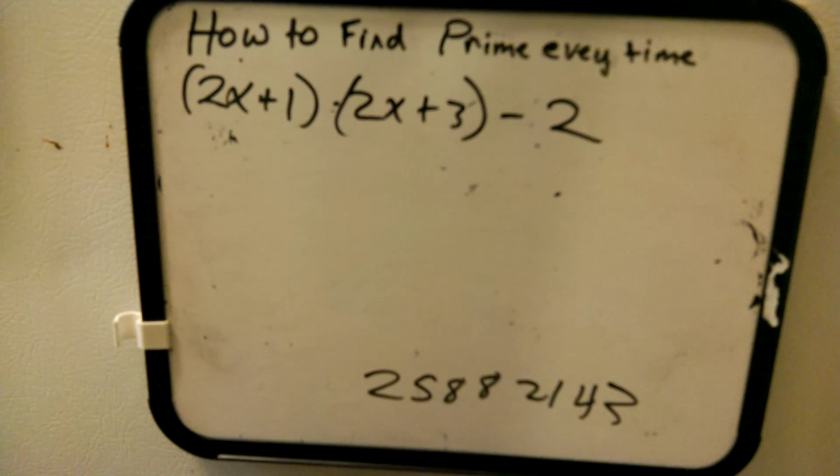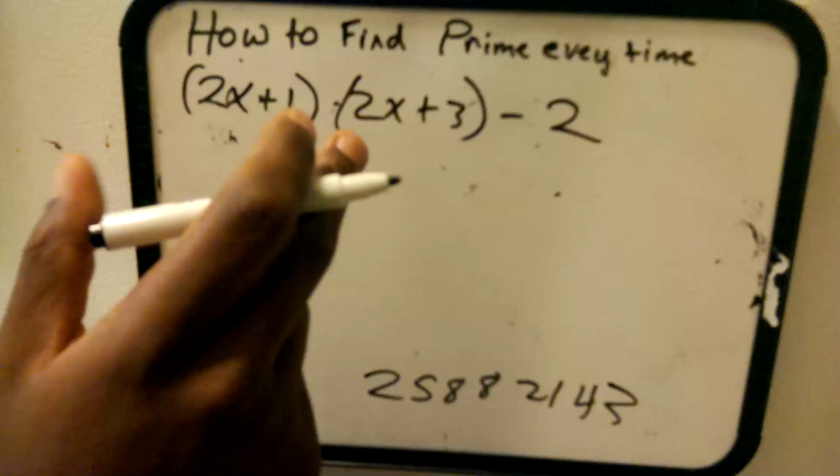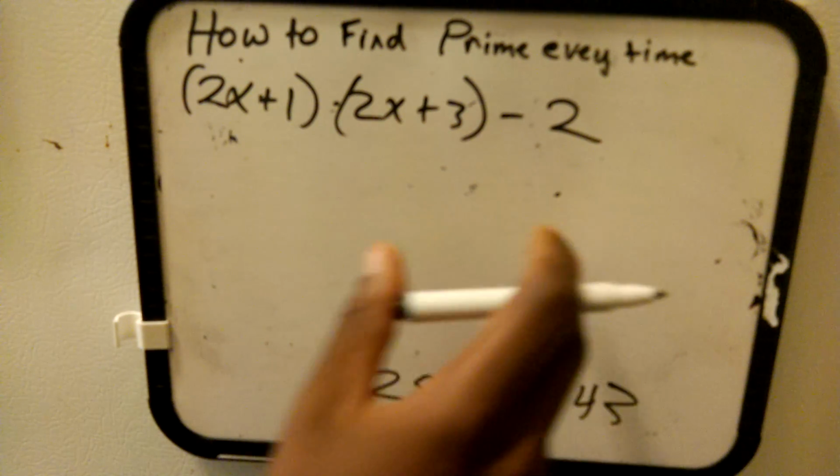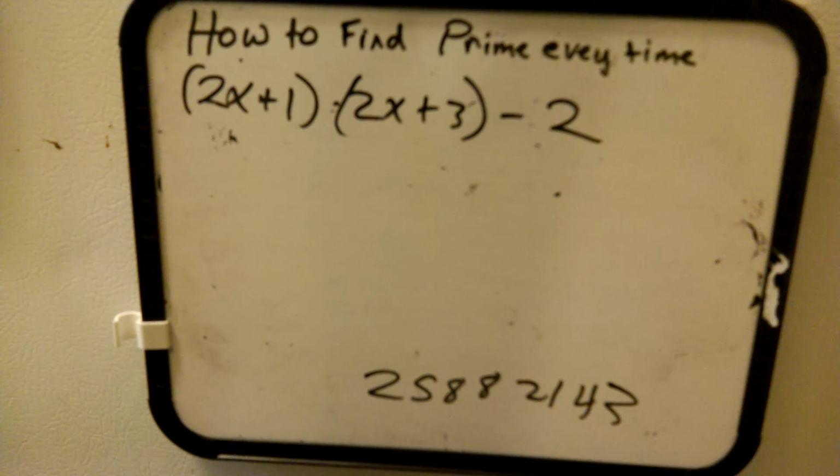This is the only method that exists. This is as close as I've gotten. This is as close as I think anybody has gotten to trying to find the next prime number and actually doing it, okay? So this is very difficult. It can be very tedious, and you might need a supercomputer in order to keep finding the next prime. But so far, this has been working, and this is the best way I've seen that keeps giving you prime number time after time. I call this method